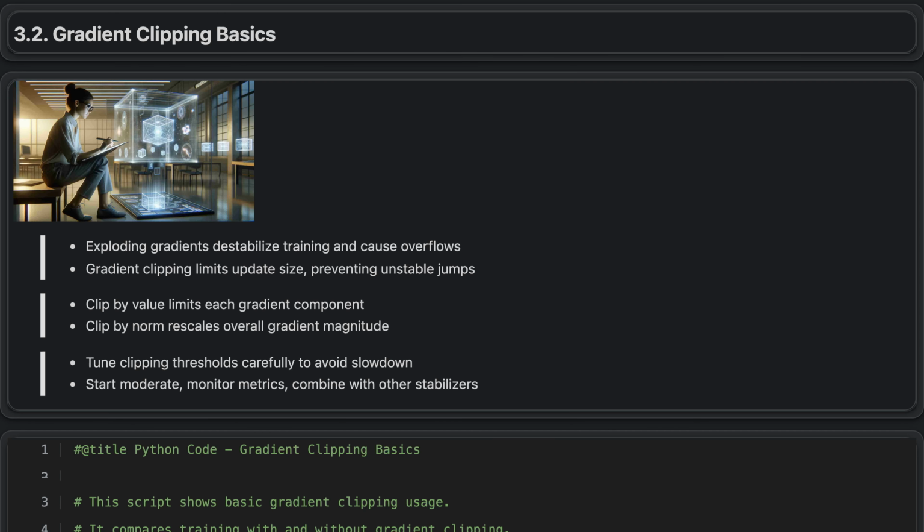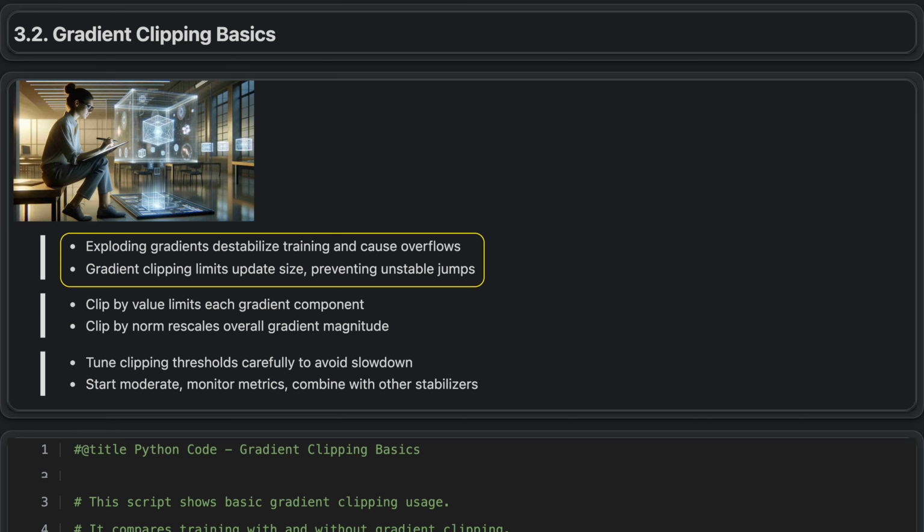Gradient clipping basics. Gradient clipping is a method used to control exploding gradients, which happen when gradient values become excessively large during backpropagation and make training unstable. This problem is common in deep or recurrent networks and when working with long or variable sequences. To prevent this, gradient clipping sets a maximum allowed size for the gradients before updating the model's parameters. By limiting how large the error signal can be in a single step, it helps keep training stable and prevents